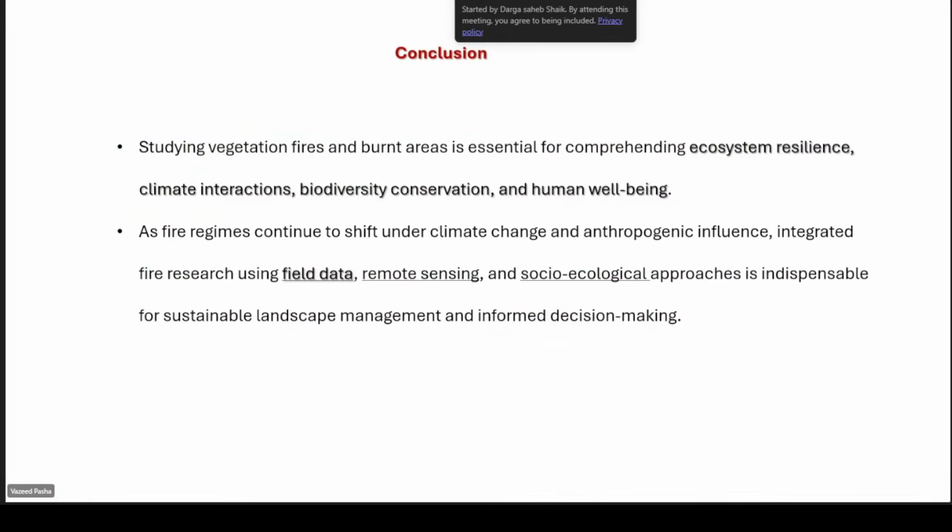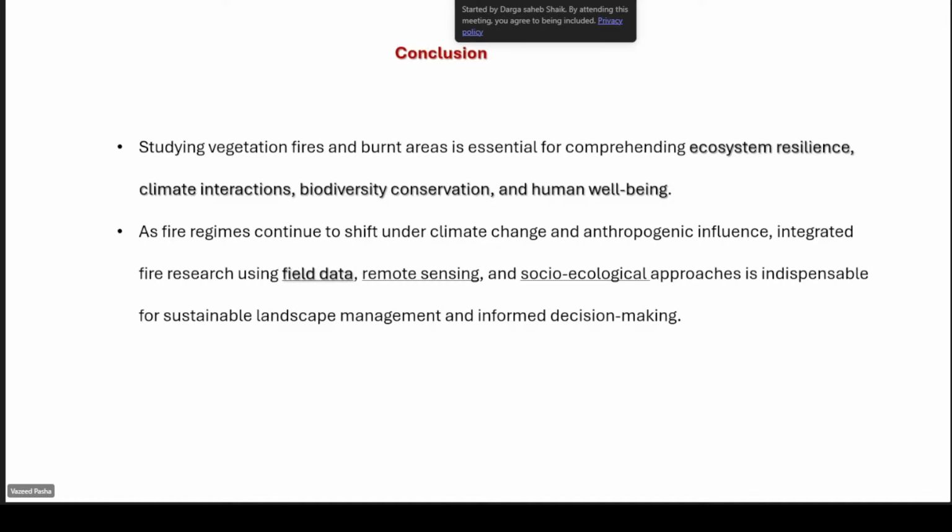Studying vegetation fires and burnt area is essential for comprehending ecological resilience, climate interactions, biodiversity conservation, and human well-being. So what data need to be integrated for sustainable landscape management and informed decision making?